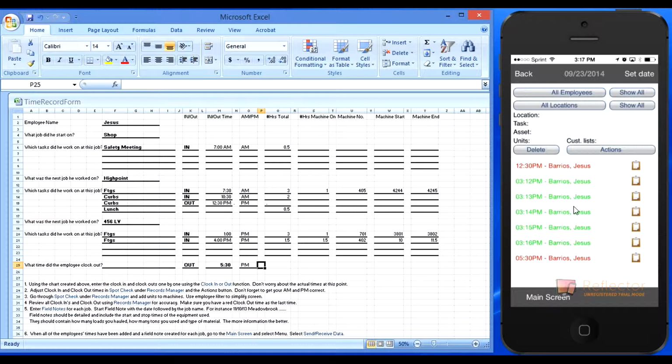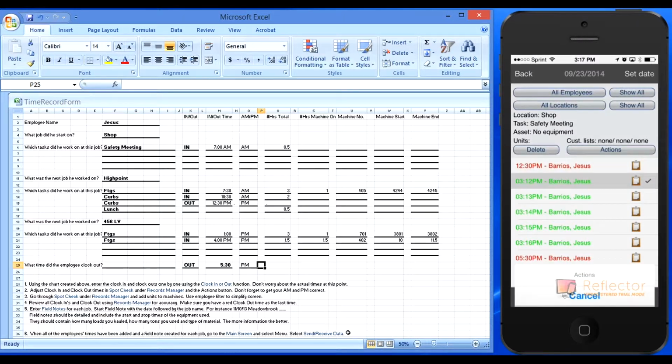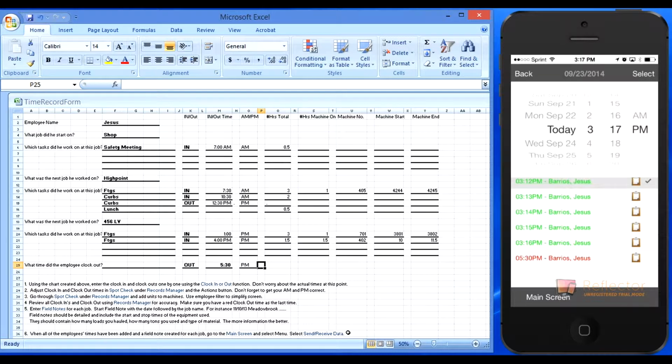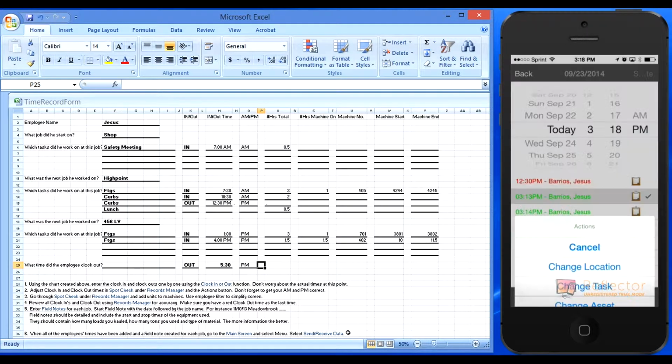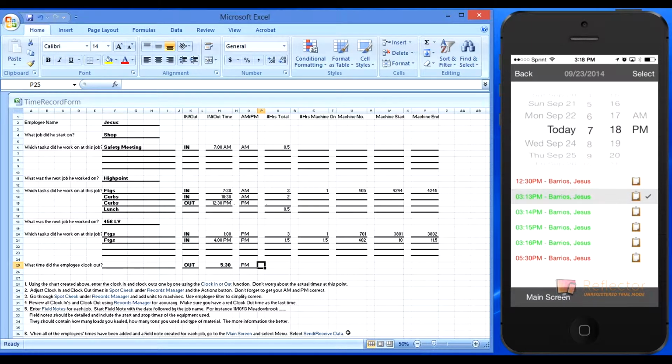I'm going to march through these ins one at a time. 1, 2, 3, 4, 5. Starting with that top one there. So I'm going to select this one, hit action, change time. It's 7 o'clock, 7 a.m. Hit select. Go to the next clock in, action, change time. It's 7:30